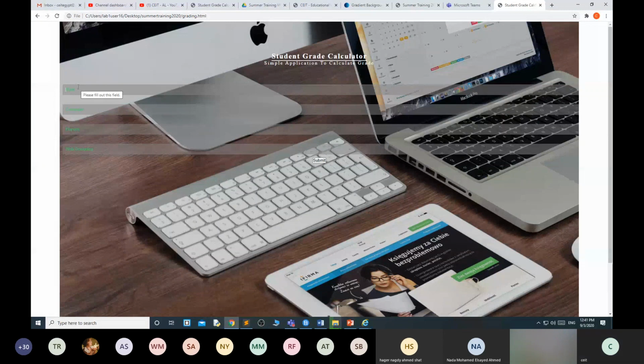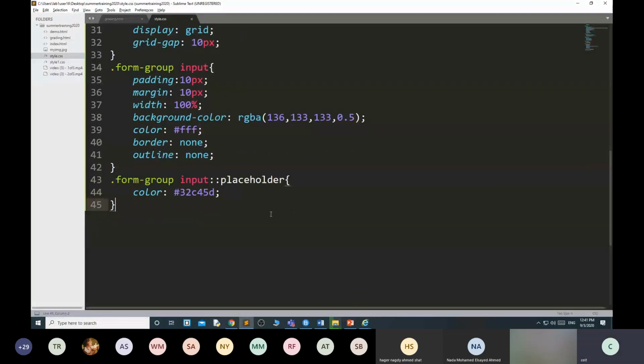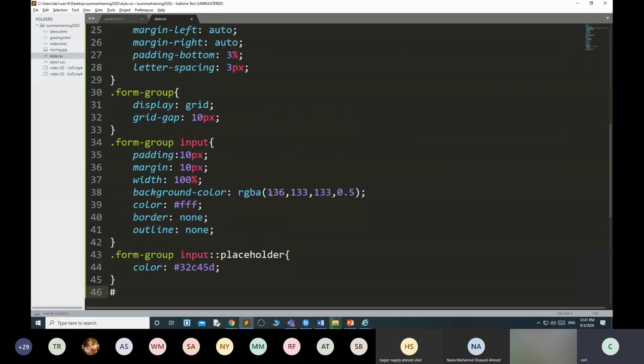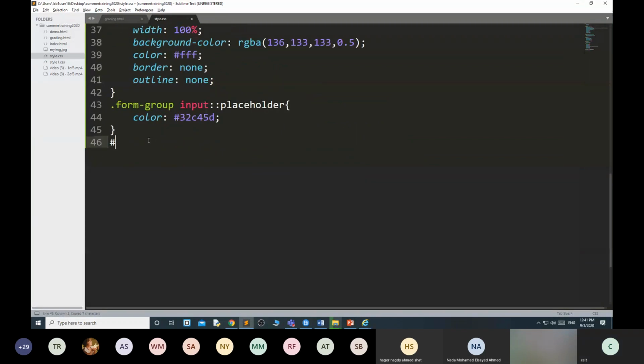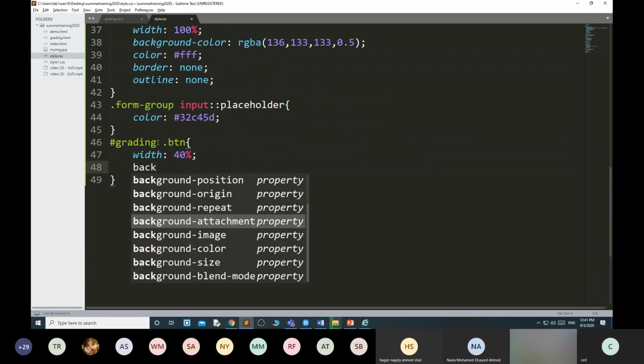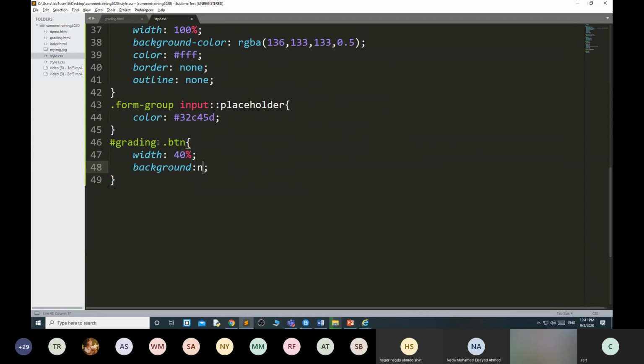Okay, then comes to this button. The button again, your section name is grading. My button class name is btn. For btn, I need width 40%. Then background none.